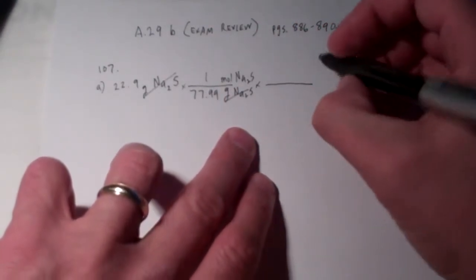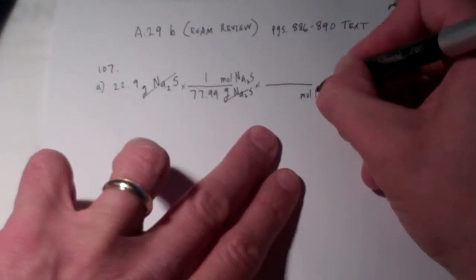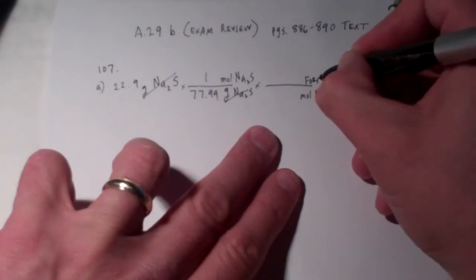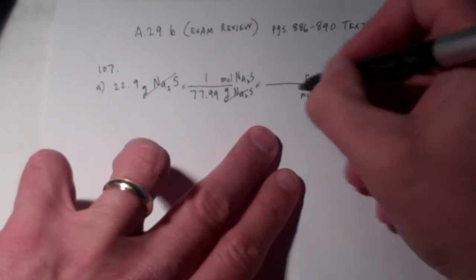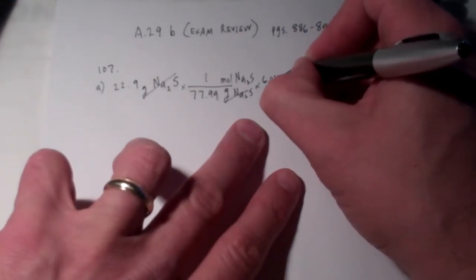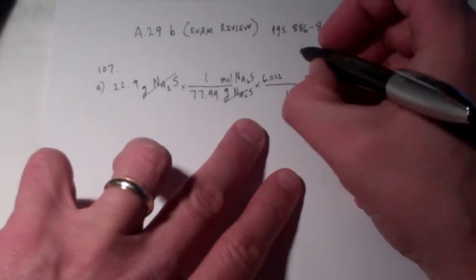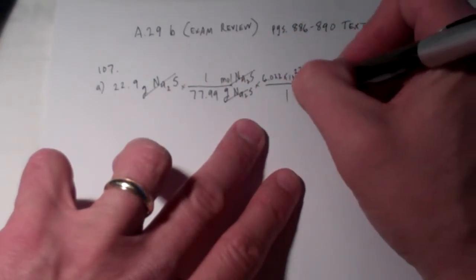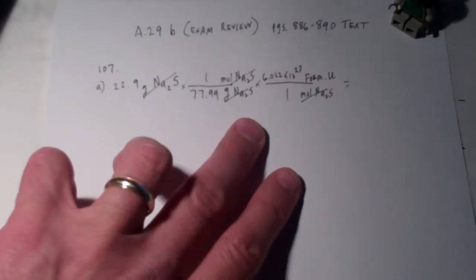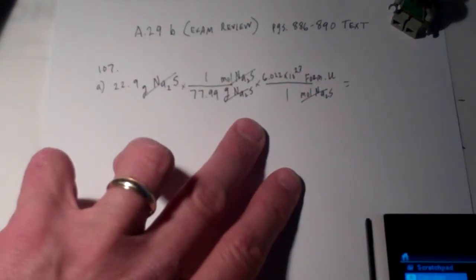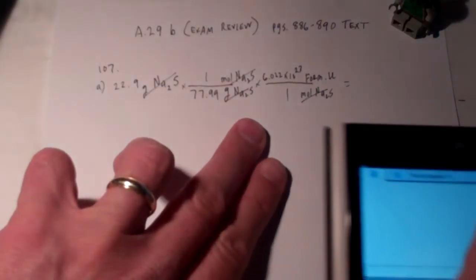And then we're going to go from moles of sodium sulfide to formula units. And I'm going to abbreviate that as Form U. Now 1 mole has Avogadro's number of formula units. That's 6.022 times 10 to the 23rd. So we can use our calculator now, and we can calculate the number of formula units in 22.9 grams of